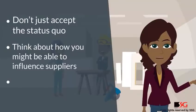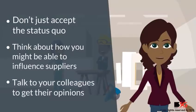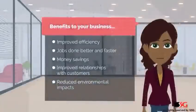Your contributions are extremely valuable, and everyone's opinion is important. It's important to remember